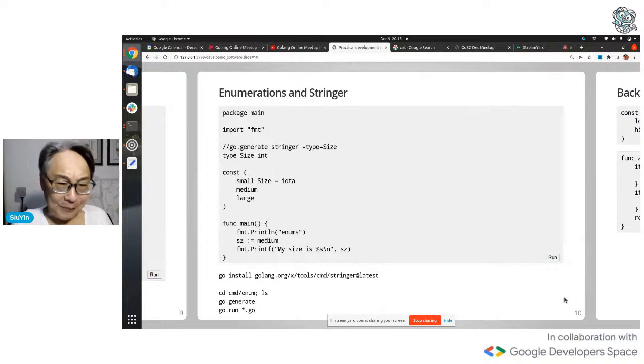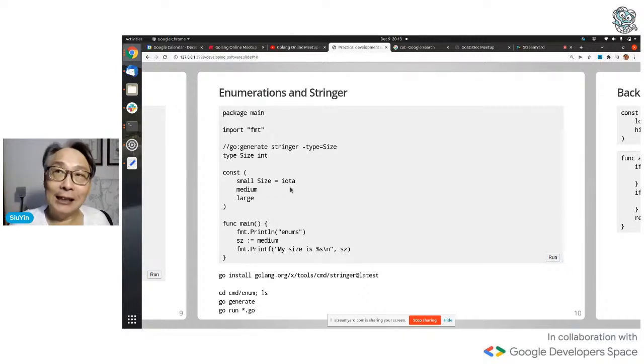But let's talk a bit more. Enumerations are used in all languages. Enumerations are things like, what's your size? Small, medium, large? Go has enumerations as well, except that they're known as constants. So this particular construct here says small is a type size, which is actually an alias to int, but a size is different from an int. Remember, temperature int. And it's assigned the value of 0.